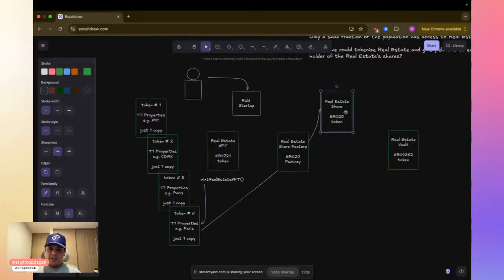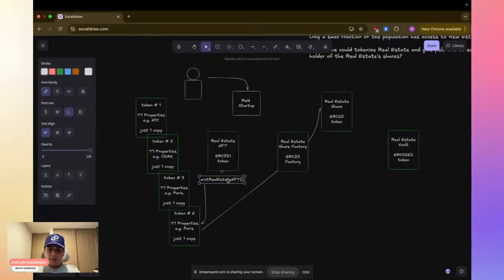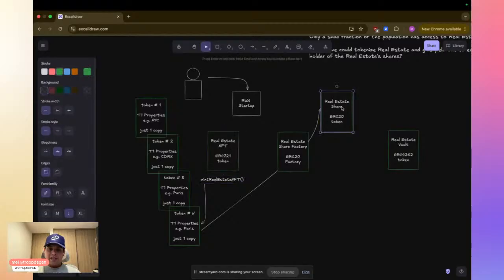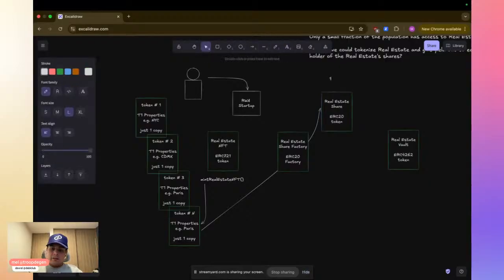into this ERC20 token. So we will deposit this NFT, and by that we mean that we're going to actually assign the property of this new real estate NFT to this ERC20 token, and we're going to mint an amount of shares. Let's say 1,000 shares. That's going to be the total supply.